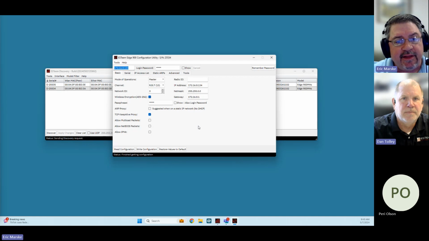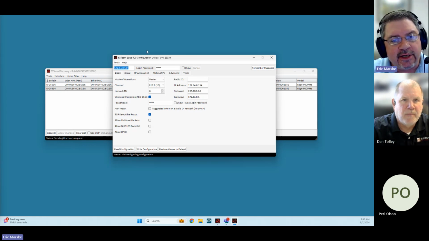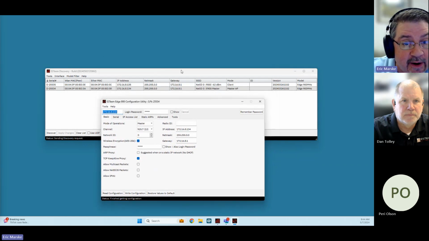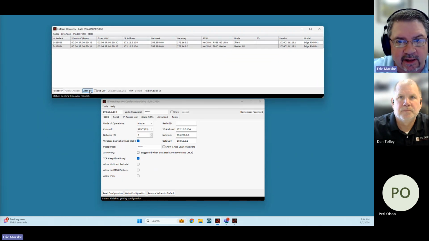One thing that you did mention early on was that, as you notice here, there are really no specific tools for testing how well the radio link is operating. Well, what we've tried to do is simplify this as much as we can. We've put a lot of that information on a tool that you'll be utilizing quite often, which is the Discovery. So if I put that up here at the top, I'll clear the list, hit the Discover once again,